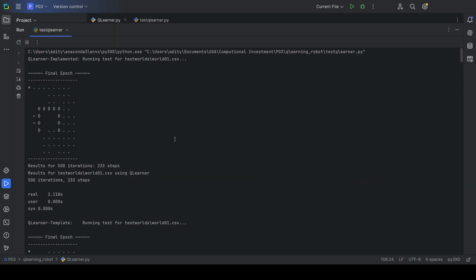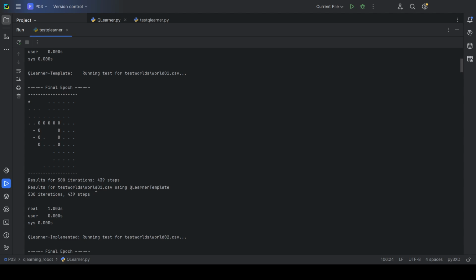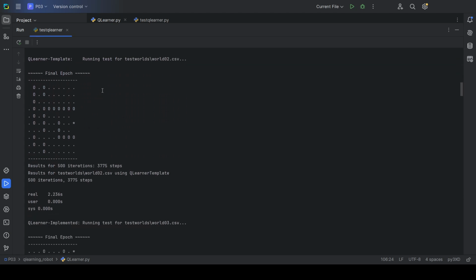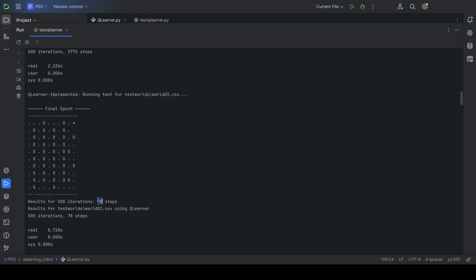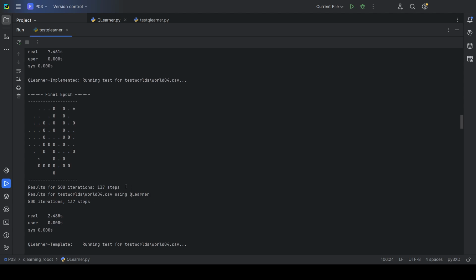I already ran it because it takes quite a while to run through the whole thing. But as you can see here, my implemented learner for world 1 takes about 233 steps, while the template, which is purely random, takes 400 steps. For world 2, my implementation takes 88 steps, while the template takes 3,775 steps. And as you can see for all of the other things, it's similarly much more efficient,